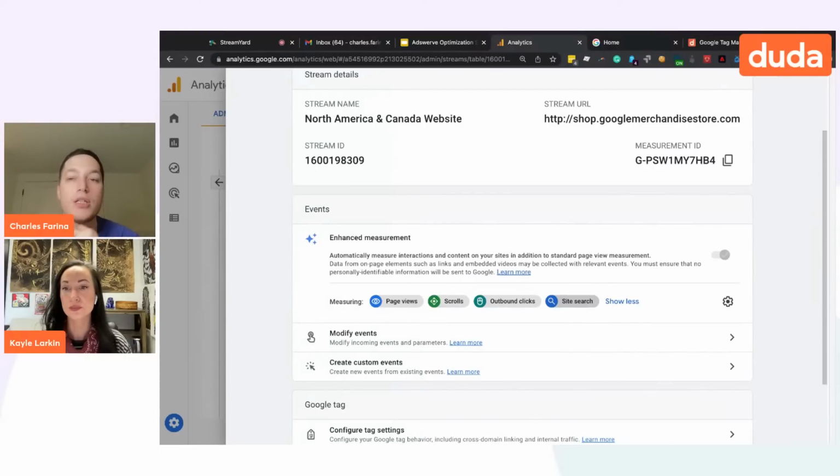So these are like libraries that Google uses to automatically track different interactions like video, scrolls, and other things on your site. So for beginning your implementation, this is really step one, is just getting the new GA4 tag running on your site and then setting this up so that you're measuring some of the basic behavioral insights that are happening. And all of you should be able to easily get it started and see all that data flowing in 30 minutes or less. And this is where you should start.